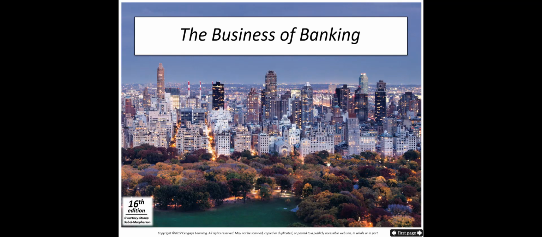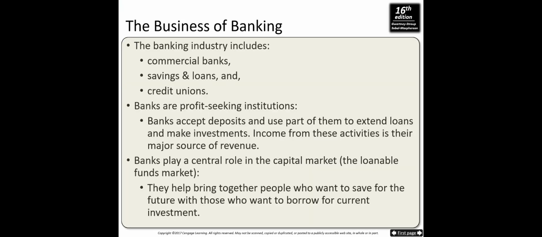Now let's talk about banking. The banking industry includes commercial banks, savings and loans, and credit unions, and banks are profit-seeking institutions. That means banks accept deposits and use part of them to extend loans and make investments. Income from these activities is their major source of revenue. So banks play a central role in the capital markets, which we refer to as the loanable funds market. They help bring together people who want to save for the future with those who want to borrow for current